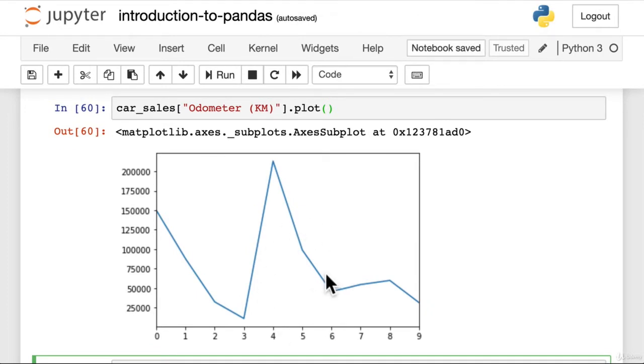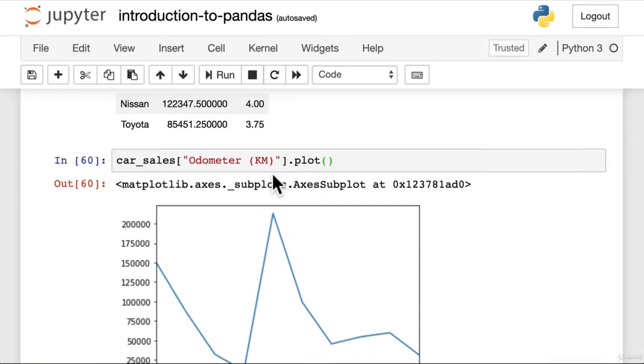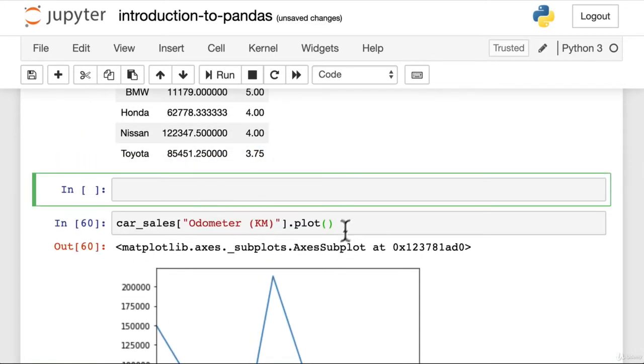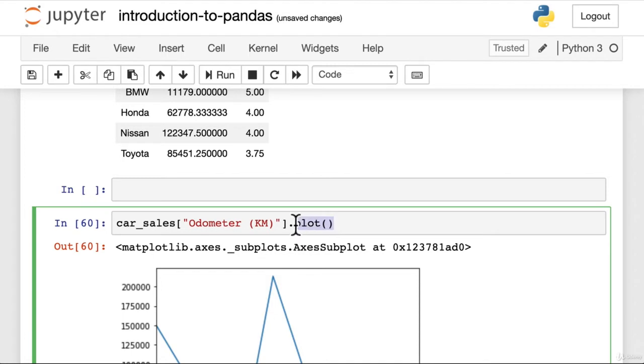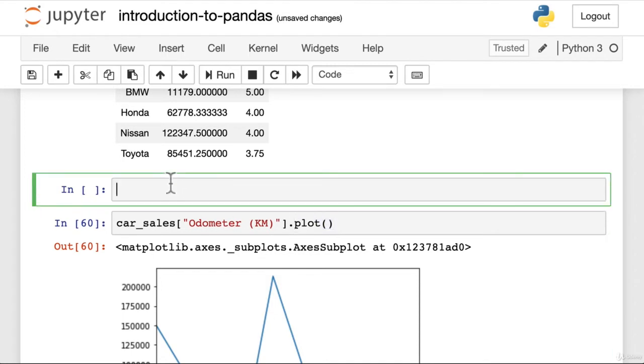We'll have a section coming up on how to make these visualizations a bit more interactive and prettier, with labels and different information. But what you might find is that if this plot doesn't show up, you might need to run these 2 lines of code. And this is matplotlib inline, because this plot is actually generated